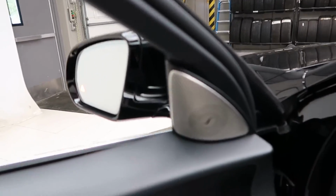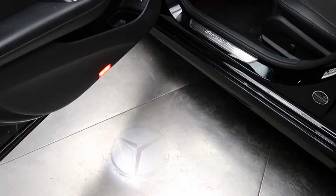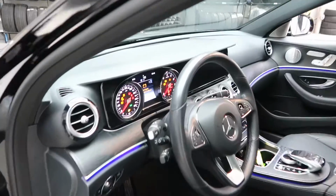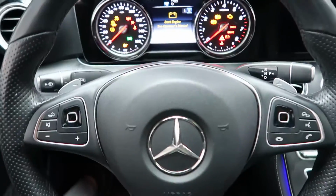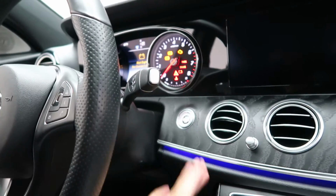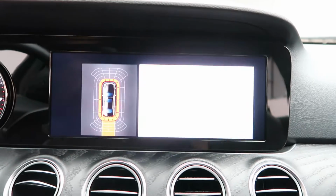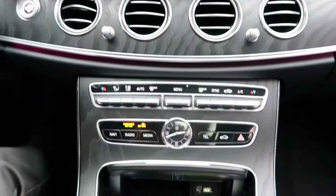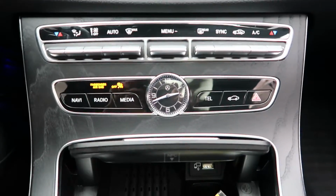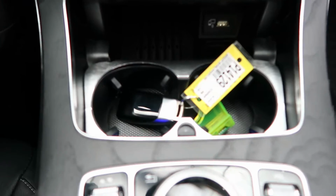Mercedes-Benz surround sound system, heated seats, LED logo which appears when you open the door, heated steering wheel controls with Bluetooth capabilities, paddle shifters for extra performance, a push start ignition, rear view backup camera, navigation, dual climate controls, hard keys for a media display, wireless charging, USB ports, cup holders,